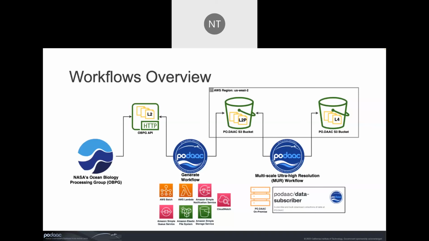So in the diagram listed below Generate are some of the AWS services we use to translate the on-premise workflow to the AWS cloud. Once the Generate workflow runs, it produces the level 2P granules, and they're stored in an S3 bucket. At that point, MUR, the multi-scale ultra-high resolution workflow, can use those level 2P granules alongside several other input data to produce the high-resolution level 4 global sea surface temperature datasets, which are also stored in